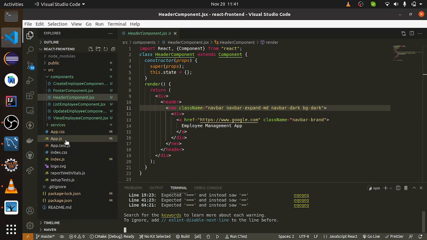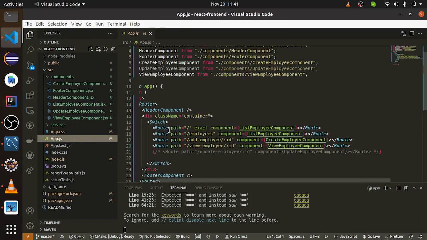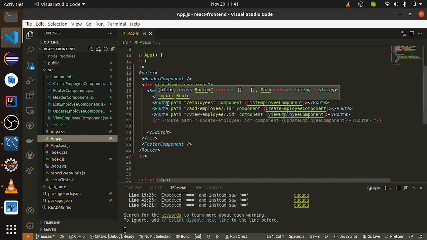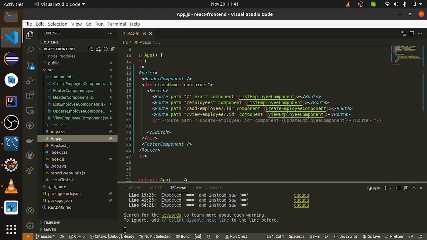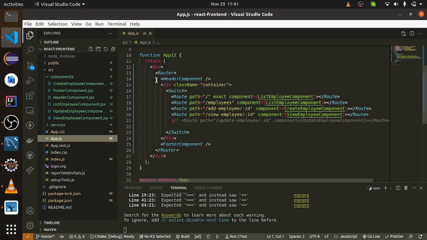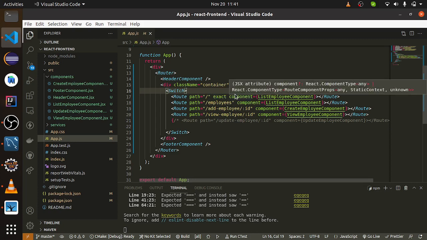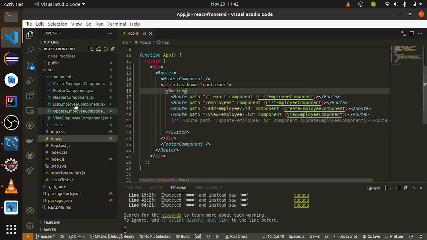So here is our app.js file where we have used routes and components. We have used switch. So basically in router we have to take a header, and this is a particular sequence we need to follow, because in router we have to write switch and all kinds of route paths. So we have to take exact component. Suppose we are not taking exact component, then React will be confused about which component it needs to return. So in at least one route path we have to take exact component.